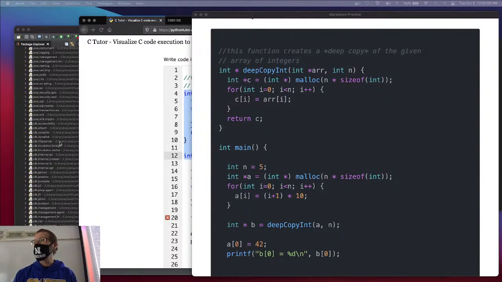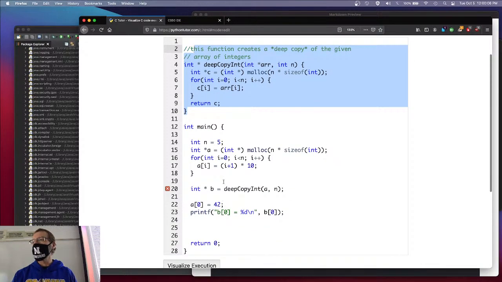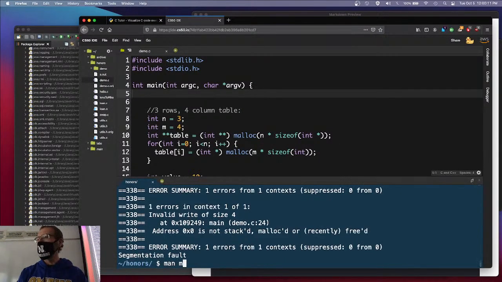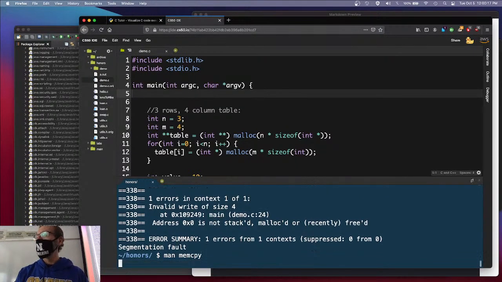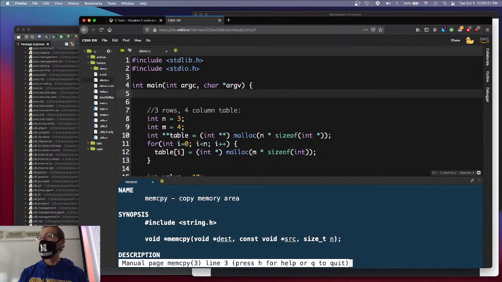By the way, there's an easier way of doing it in C. You don't have to roll your own here either, but I don't want to get into it. Instead, it's memcpy. memcpy is short for memory copy, and you can read all about that. It's in the string library for some reason, but otherwise there's the destination. It has to be big enough to hold what you're going to be copying,